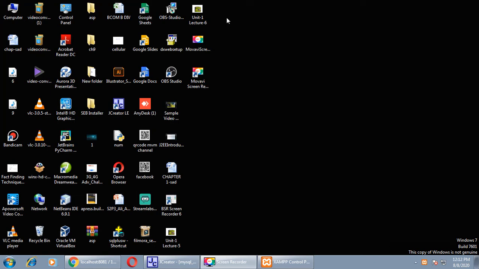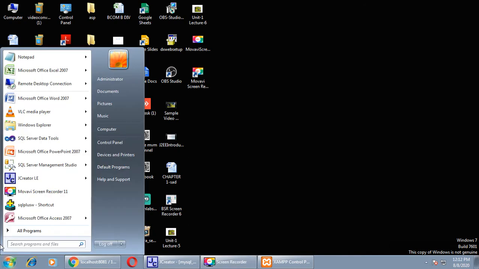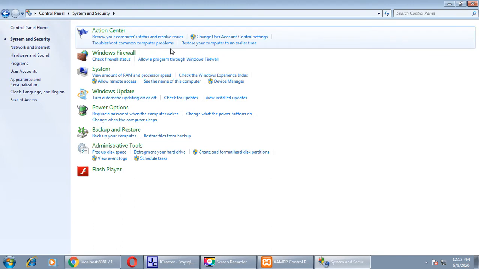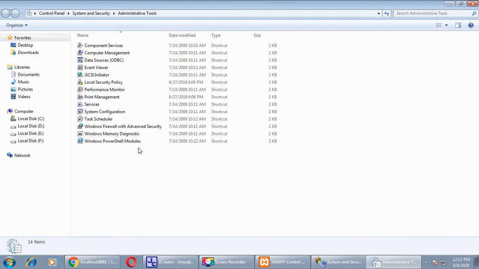Now our first step to connect with MySQL is to create a DSN. For that, open the control panel. Select system and security. Then go to administrative tools.